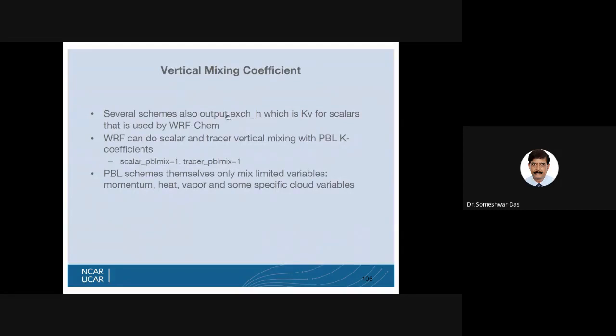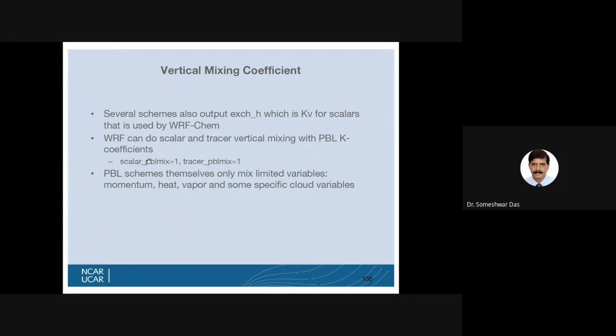Now, about the calculation of the vertical mixing coefficient. In this PBL parameterization scheme, it also computes the vertical mixing coefficient. Several schemes also output or compute an exchange coefficient of heat, which is Kv for scalars, that is used by WRF-Chem. WRF can do scalar and tracer vertical mixing with PBL K coefficients.